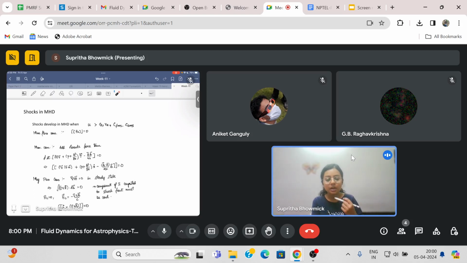Okay, but now in MHD, what is the velocity scale that we consider should set the limit beyond which shocks will develop? Now you have four different velocity scales, right? You have your usual c_s, you have your Alfvén velocity, you have your fast and slow magnetosonic velocities. So, what is the velocity you should consider? The answer is that you can have all of these different kinds of shocks. When the fluid velocity exceeds these velocities, you'll have various different types of shocks creeping in.